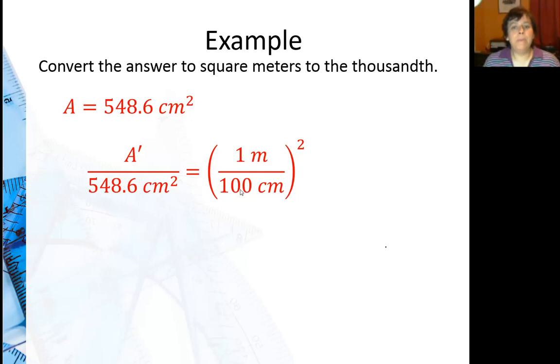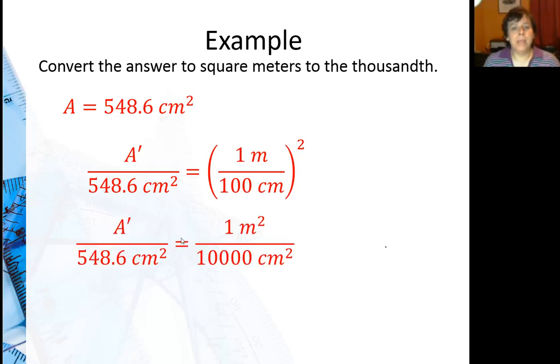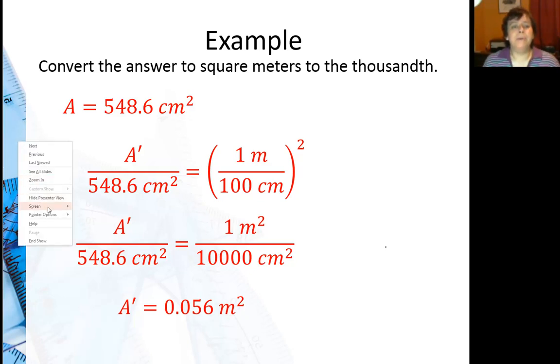So I know 1 meter is 100 centimeters. Squaring both, and you have to square the number, not just the little meters and centimeters squared. The numbers get squared as well. Then if you cross multiply and divide, basically, or multiply both sides by this 548.6 centimeters squared, you're going to end up with basically, and there seems to be a small typo,